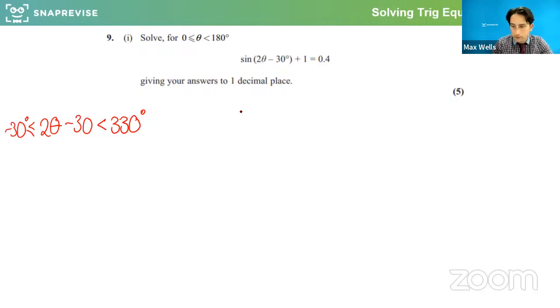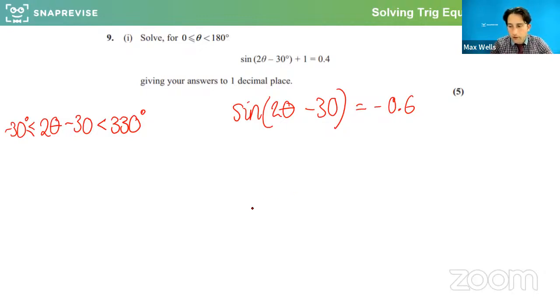Okay, and if we do inverse sine, we need to rearrange this time. So this equation is the same as sine of 2 theta minus 30 equals minus 0.6. And if you rearrange that, so we inverse sine it, the principal value we get is going to be